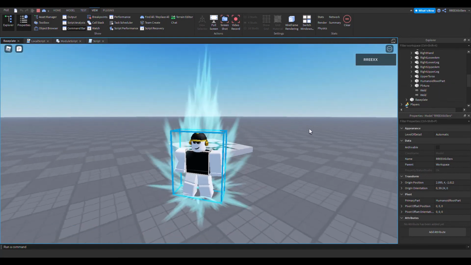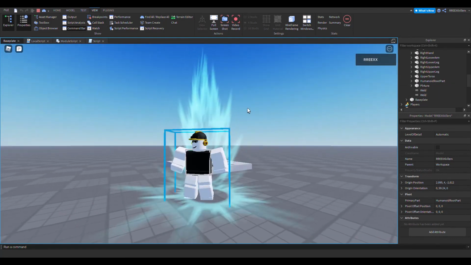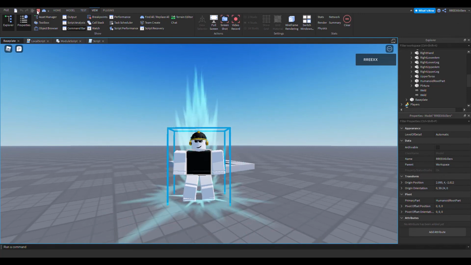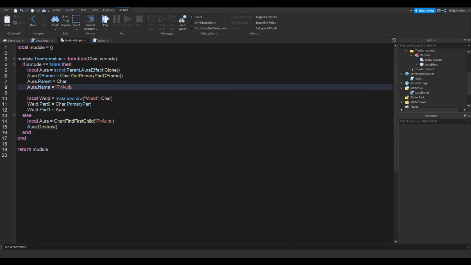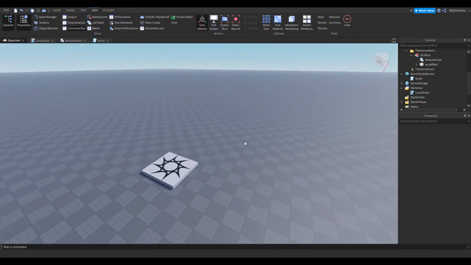That's an easy fix. So the easy fix is, we don't want to parent it to the character. We just want to parent it to the aura instead. By the logic, if we parent it to the aura and then it's inside the aura, then when we destroy the aura, everything that's a child of the aura is also going to get destroyed, because we just parent it to here. Now the code works. Anyway, thank you for